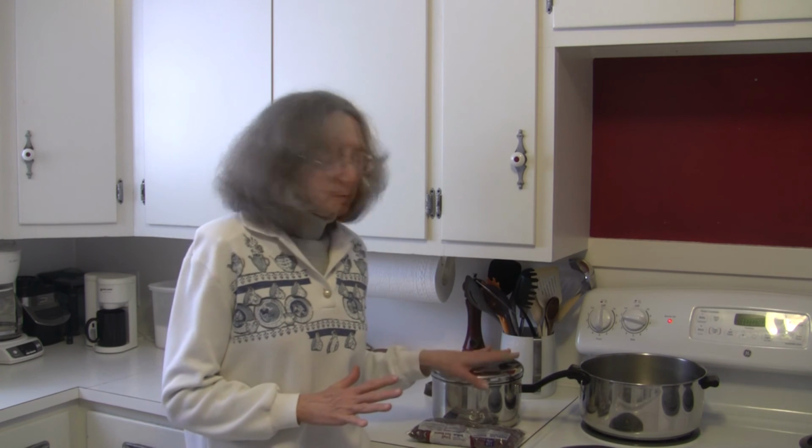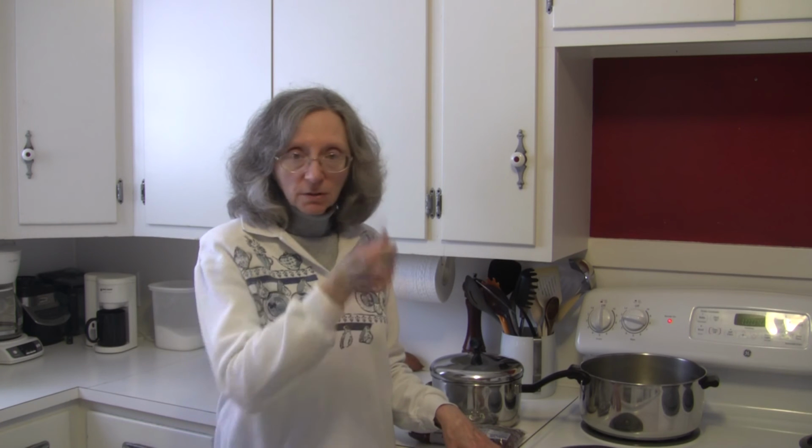The other way, the quick soak method, would be very simple. You would pick through the beans and rinse them off, put them in your pot, cover them with plenty of water, 1 to 2 inches at least, to make sure that they have plenty of water to soak up. Bring them to a fast boil on the stove, turn them on high, bring them to a boil, and then allow them to boil for 2 minutes, and then take them off the heat,